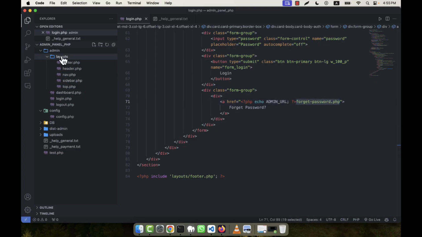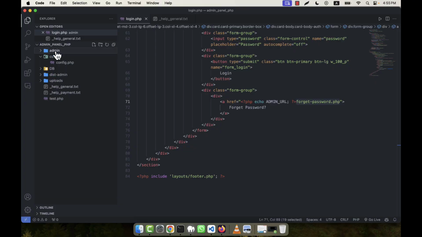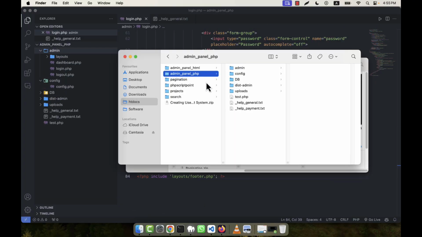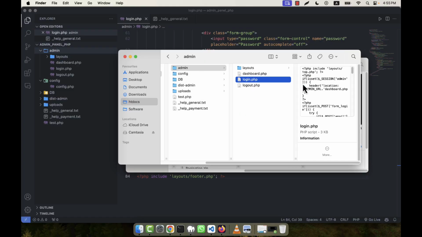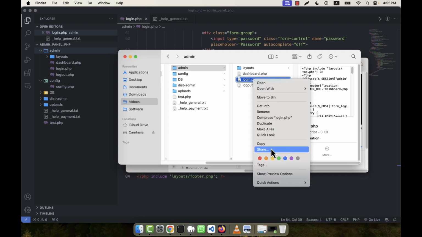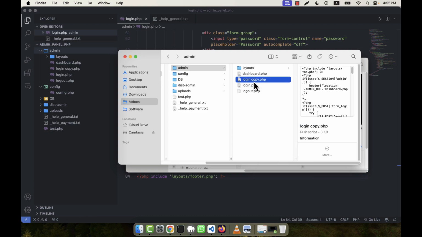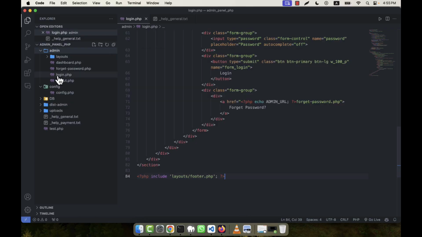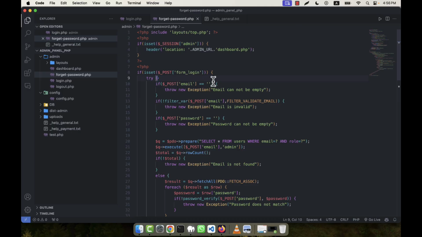So I will create a file here into the admin. Here I am going to create a file. So I am here going to the admin panel PHP, and here into the admin folder I am going to copy this file. Okay, so duplicate. So here I am going to write forget password.php file. So here you see this is forget password.php, and here on not dashboard I am going to remove this one